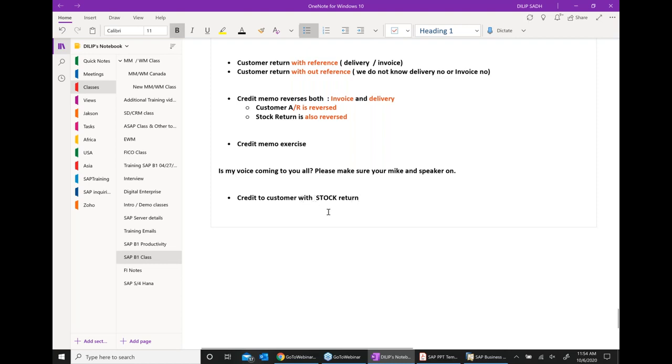Without stock return. Material is not coming back.